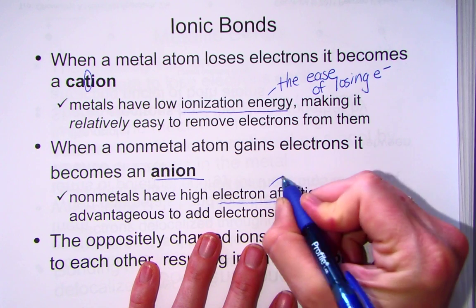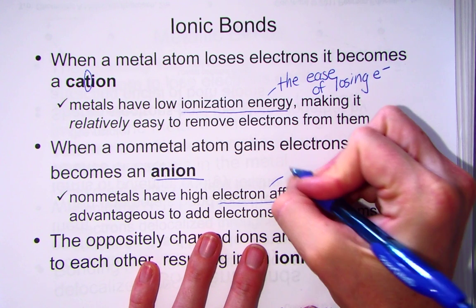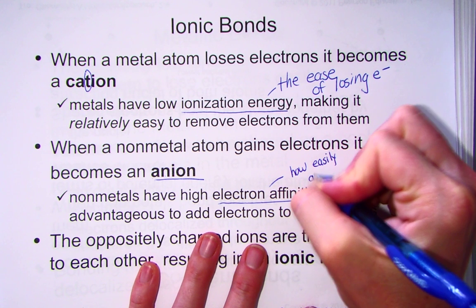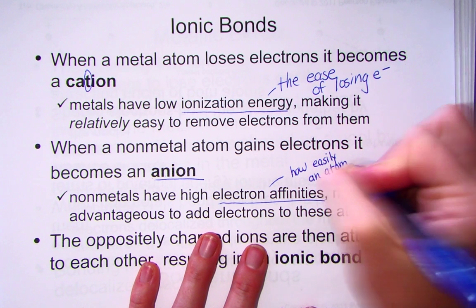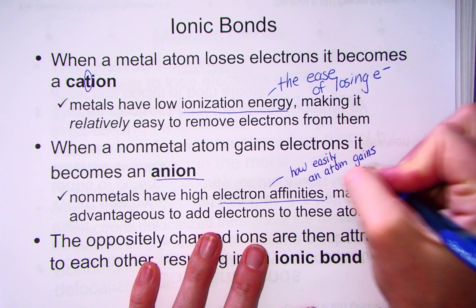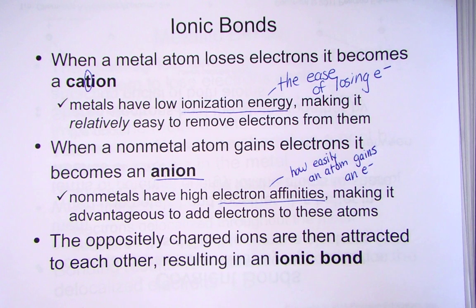That's a vocab word from last term to describe how easily an atom gains an electron. The word affinity, think of it as attractive: how attractive an atom is, pulling an electron towards itself. Remember, nonmetals have many electrons in their outermost energy level. They'd rather gain a few than lose many. Gaining an electron